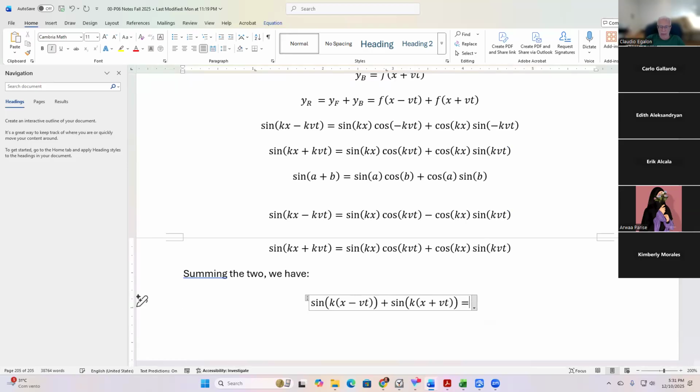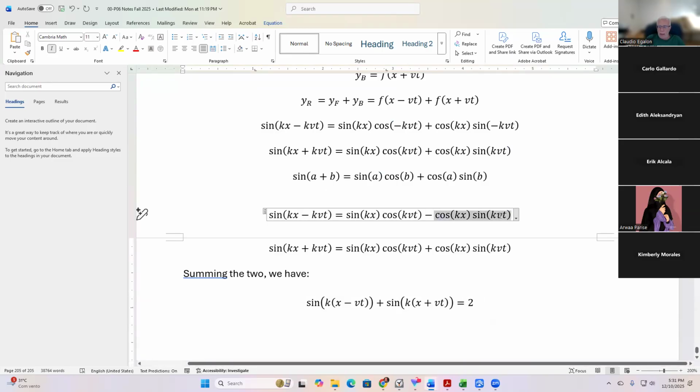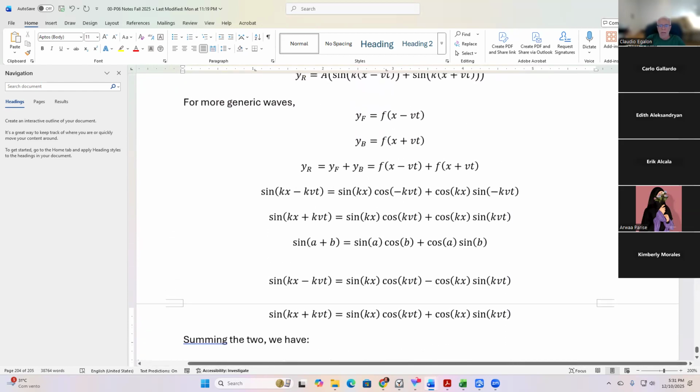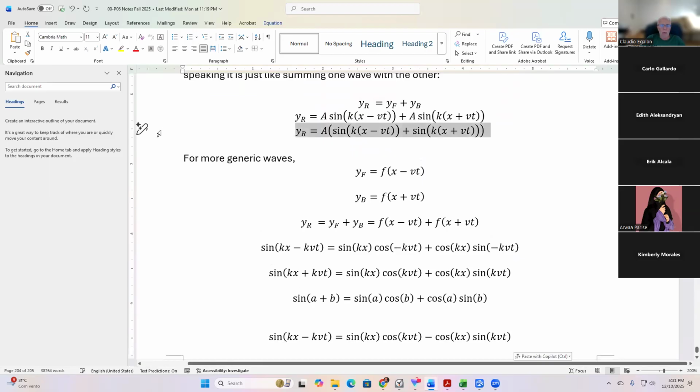Okay, well, I'm gonna get that. Two, see this one here cancels out with this one here when we sum those two. And we end up with just 2 sine kx cosine kvt, like that. And now my resulting wave has a very simple